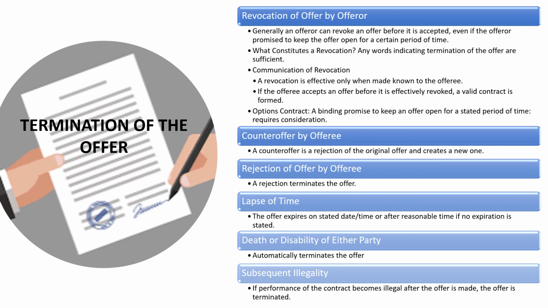Before the offeree accepts the offer, the offeror has the ability, as the master of the offer, to terminate, i.e. cancel, the offer that they have made. The offeror can revoke or cancel an offer anytime before the offeree accepts. The offeror has a lot of control. It's their offer, and if they change their minds before the offeree accepts, they can do so.